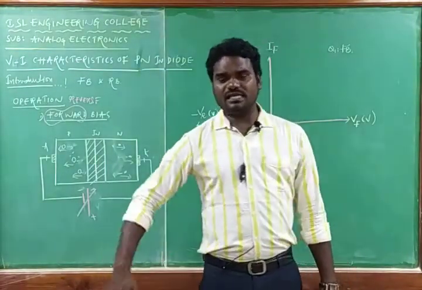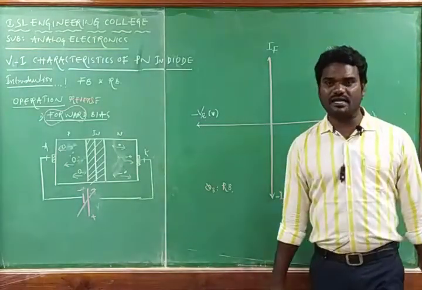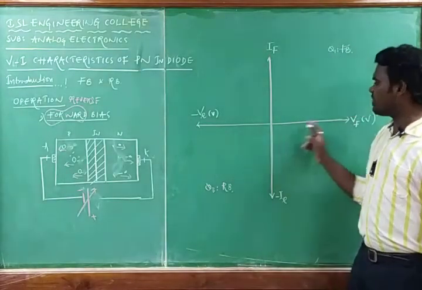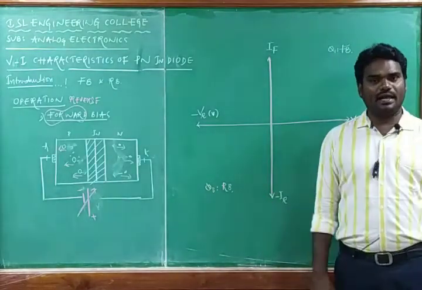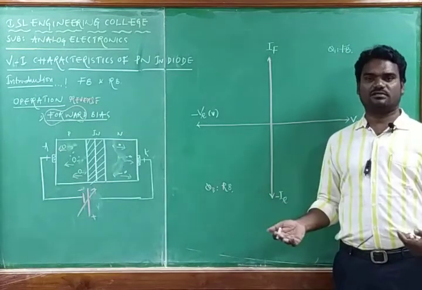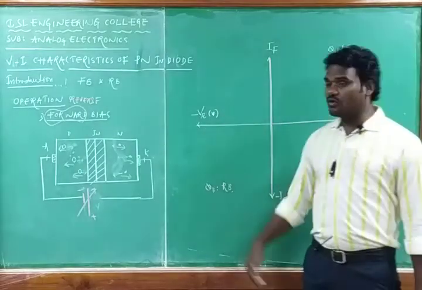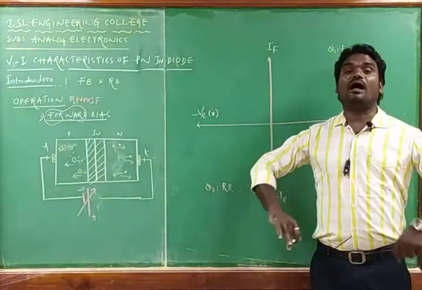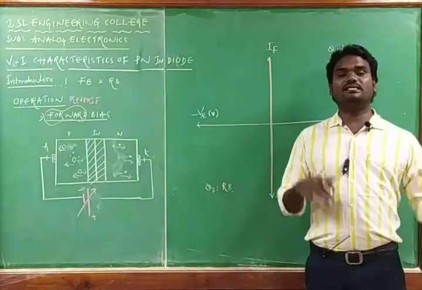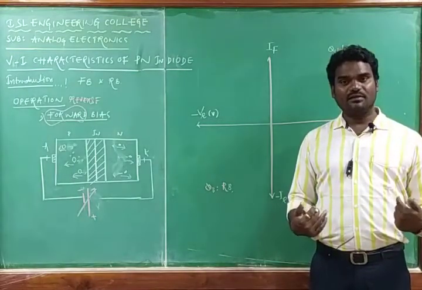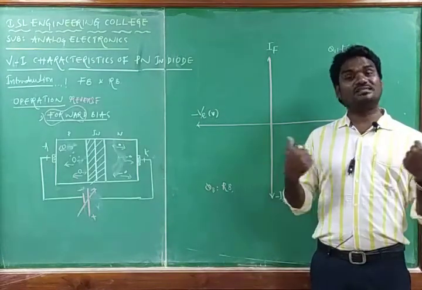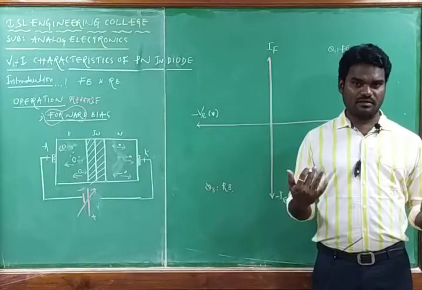As we discussed just now, the PN junction diode starts current conduction at 0.6 volt only if it is a silicon PN junction diode, so in forward bias the maximum you can take is 1 volt, because at 0.6 it already gets the current. No need to go for 2 volts, 3 volts, 4 volts. But with reverse bias, we have to apply more voltage to get current. We are forcefully operating the PN junction diode in reverse bias to get the current. But as you increase the reverse bias, the depletion region and the barrier potential keep increasing, so there is no current.